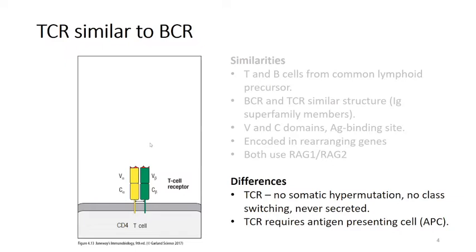A big difference is that the T cell receptor cannot bind free antigen. It has to have the antigen presented to it on the surface of an antigen presenting cell. So the T cell receptor doesn't bind to the whole antigen. What it binds to is actually a peptide derived from the antigen, and it has to do it in the context of a